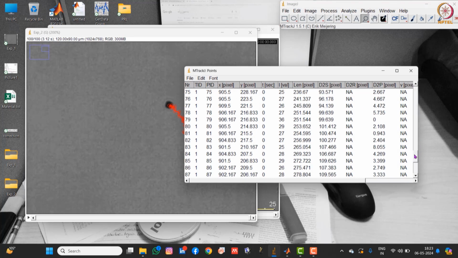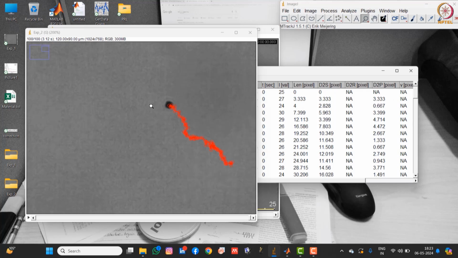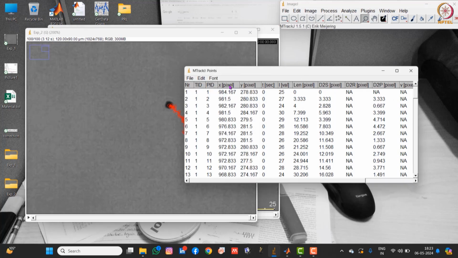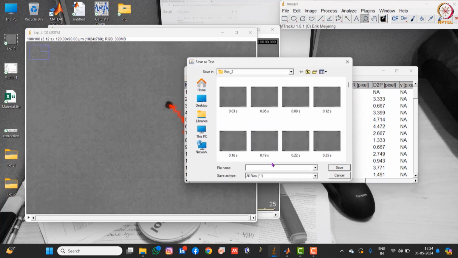As we know, this is a 0.03 time-lapse video, or the time difference is 0.03. So we need X and Y data. Here I'm showing you in the form of pixels. You can save in the form of micron or distance. Again, we can save this data, and I'm giving it the name data2.